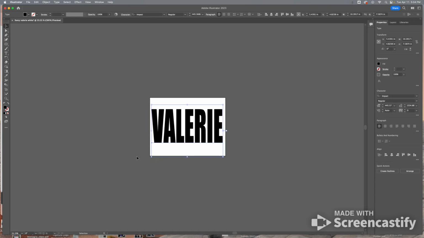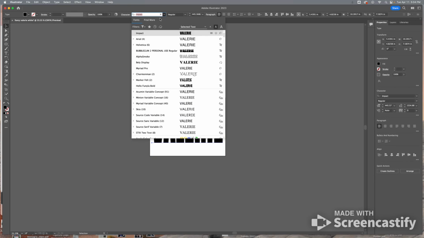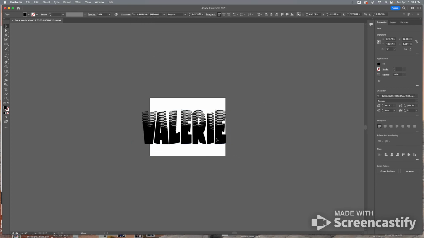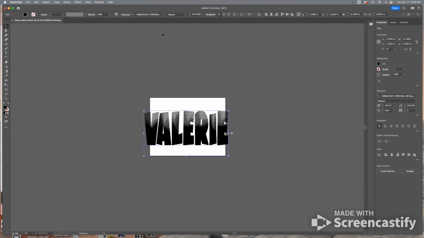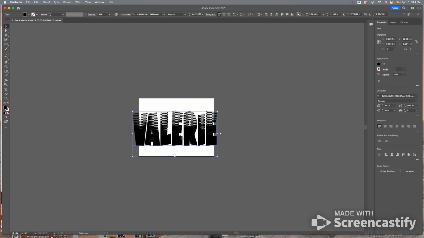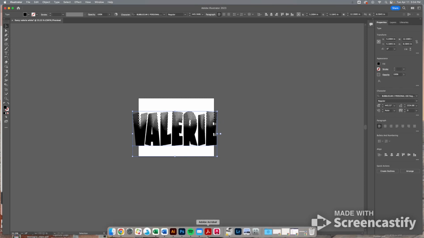If at this point you really don't like any of the choices that you see here, like you can see here, I picked a different font that you are not going to have as an option. How did I get this option? It's called Bubblegum. Here's how you can get more fonts that might not be in your default choices. So we're going to pause here. We're going to go to